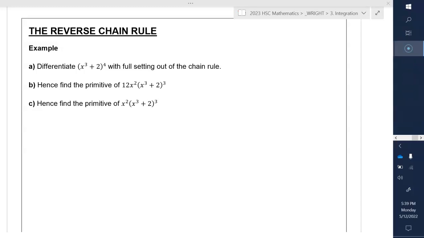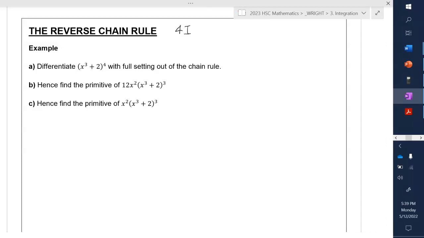Okay, hi Year 12. Today we're going to have a look at the reverse chain rule. So this falls into Chapter 4 in our integration topic, and it should fit into 4i is what we're going to have a look at. And this will finish off our first part of integration, and it's something that it's towards the end of the